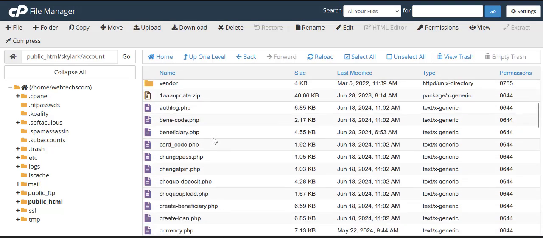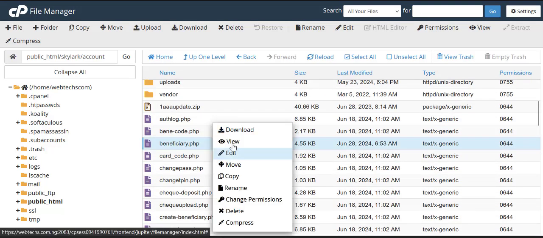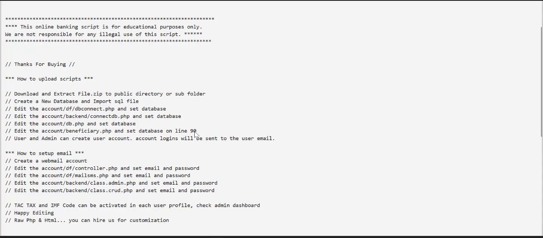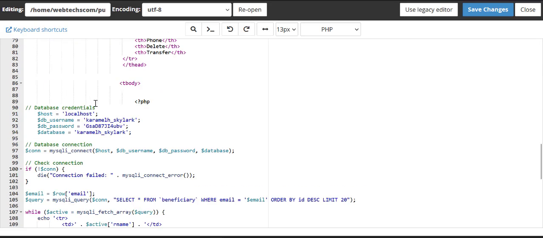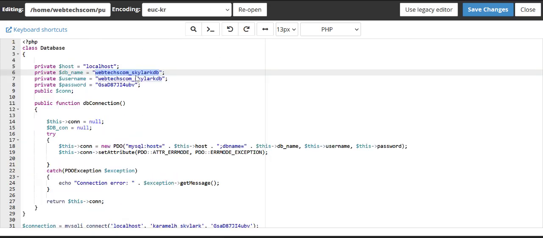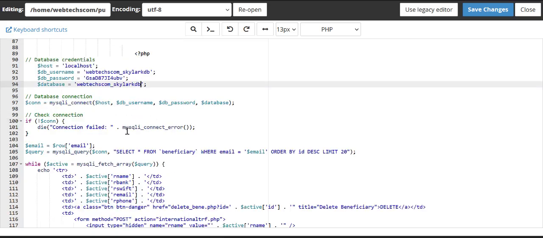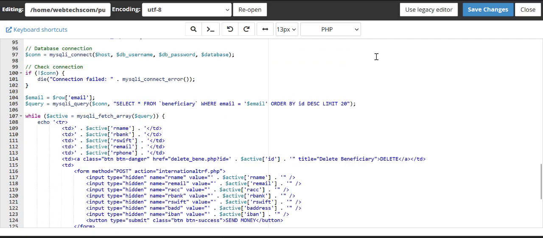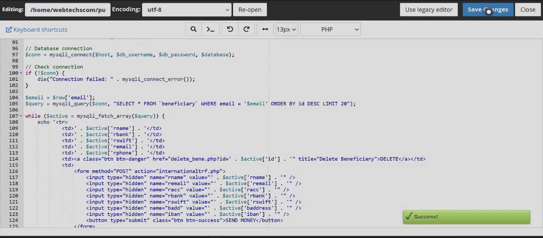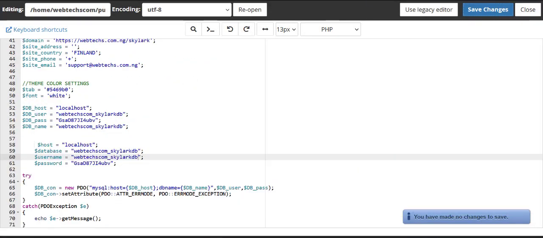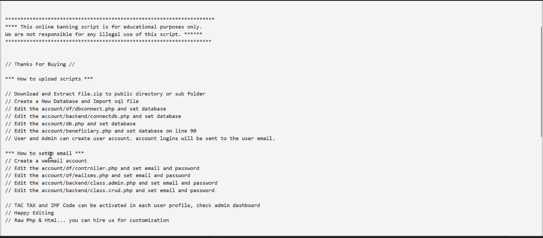So this is beneficiary.php. Like I said here, it said line 90. I'll go to line 90. So this is line 90 now. I'll put in my details. That's it. And I'll save again. Make sure I save these ones too. Okay, so